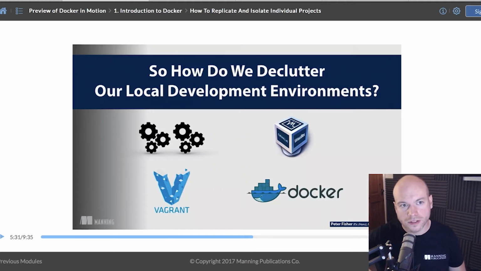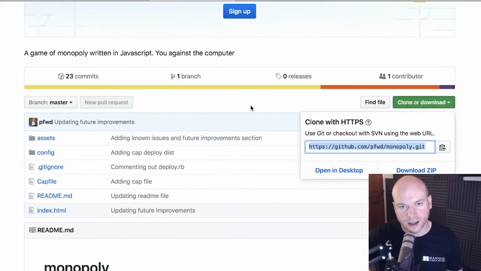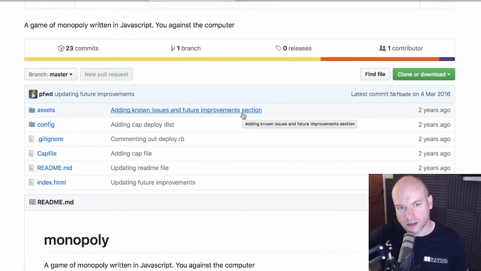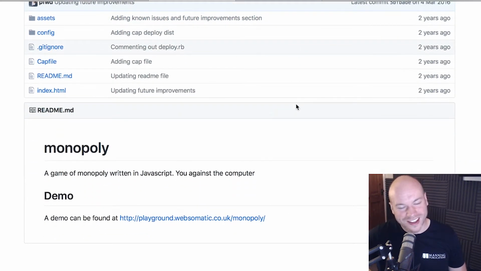Let's talk about some bits and pieces to do with the Monopoly game that I showed last time. This is basically, for anyone who didn't see last week, I was asked to do a Monopoly game written in JavaScript for an interview. Before I went into the interview, I never got the interview, so I don't know why I'm showing you this lot, but